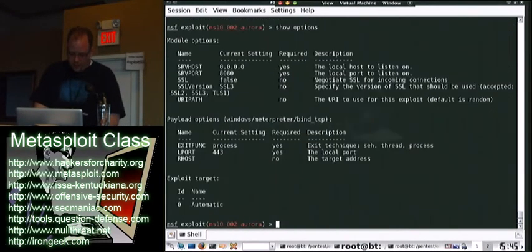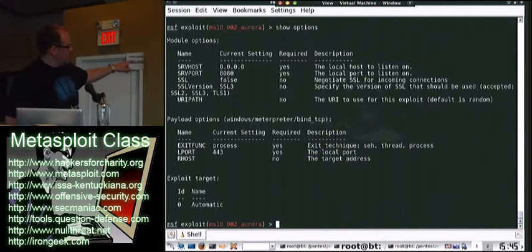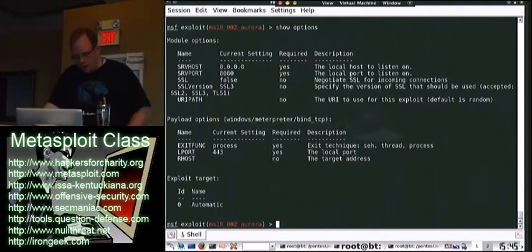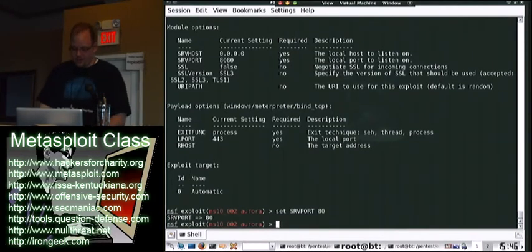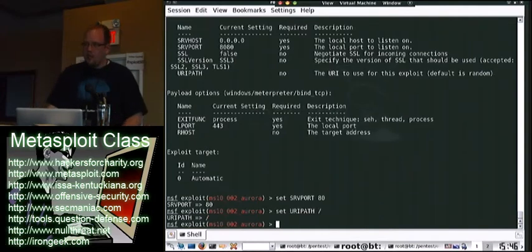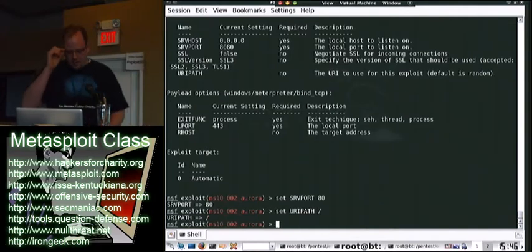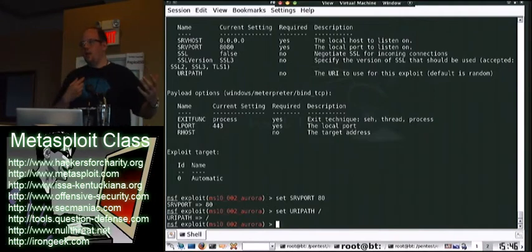So we're just going to do a normal payload. And we don't have an R host in this specific example. If you look here, what Metasploit will do is it will create its own HTTP server on port 8080 with a URI path of something random. So what I generally do is set my server port to 80 because I don't know how I'm going to get somebody to connect to me on 8080. Or you can also set the URI path to root. So it's going to set up a web server. As soon as someone connects to me, it will go ahead and execute that.